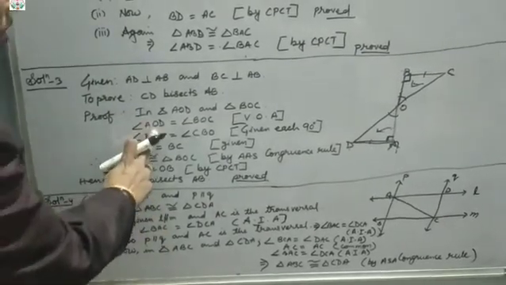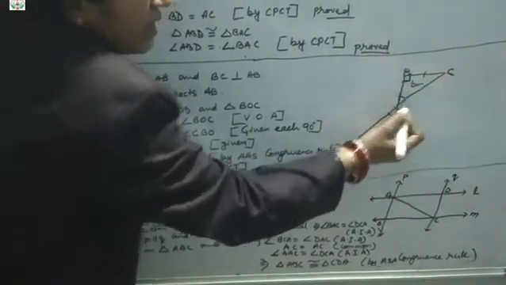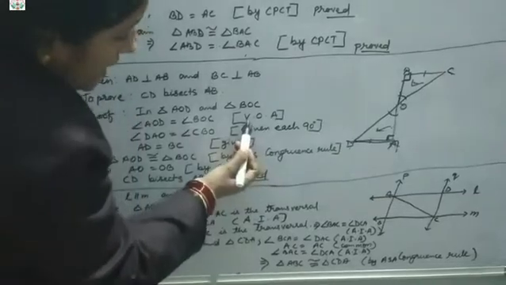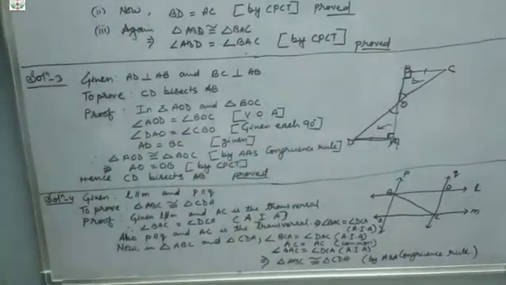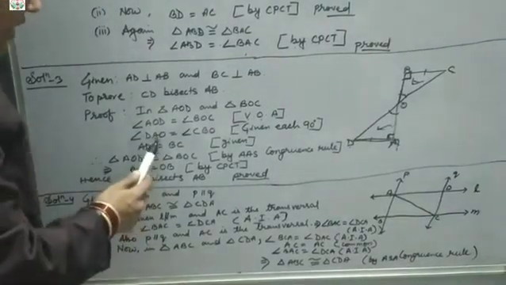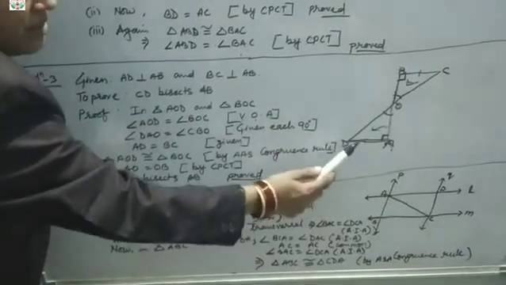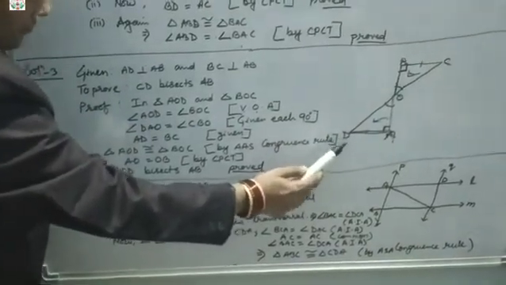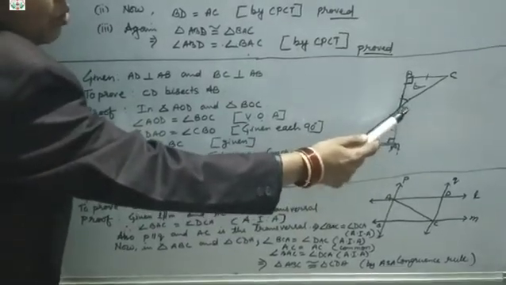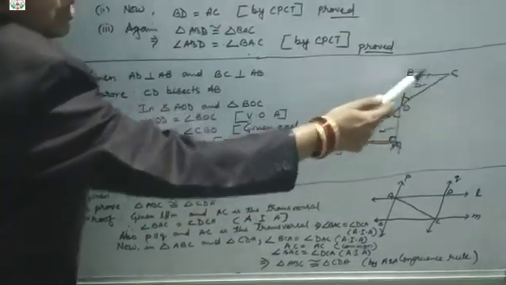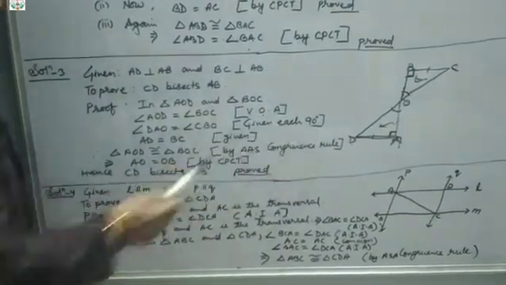So here also angle AOD is equal to angle BOC, as they are vertically opposite. O for opposite, A for angle, vertically opposite angle. Okay, and then this one, as it is 90 degrees, this is 90 degrees and this is 90 degrees. So angle DAO is equal to angle OBC or CBO. Okay, CBO, given each 90 degrees.